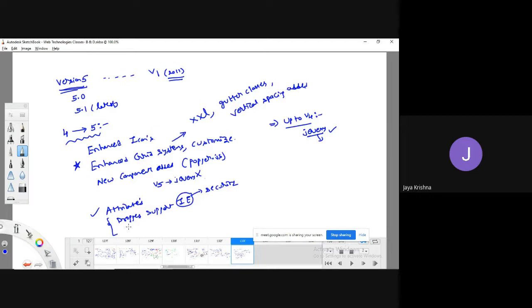Also some components have been removed, like Jumbotron, which we can simply develop with the help of Bootstrap, but was removed in Bootstrap 5. These are the various features that have been implemented from version 4 to version 5.